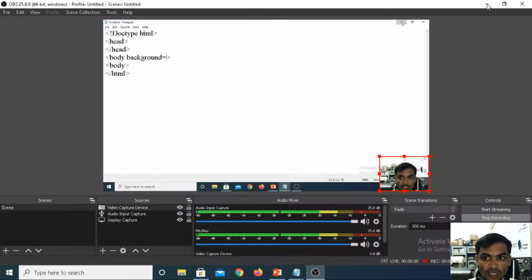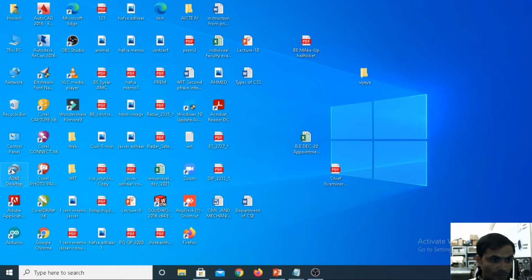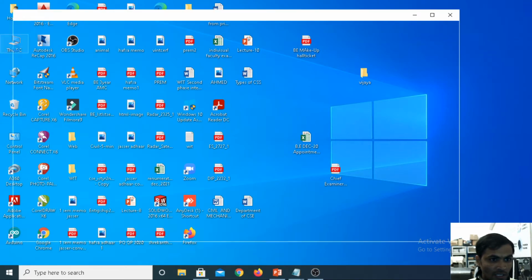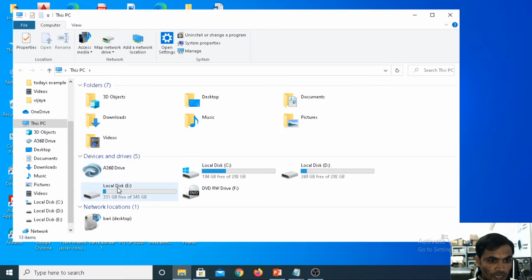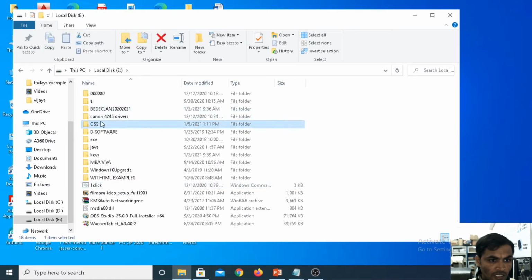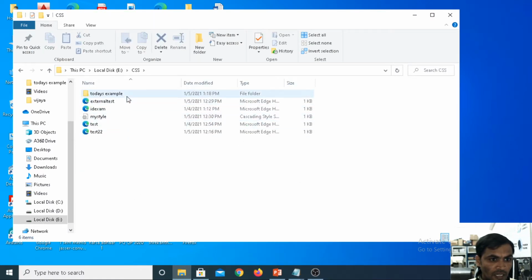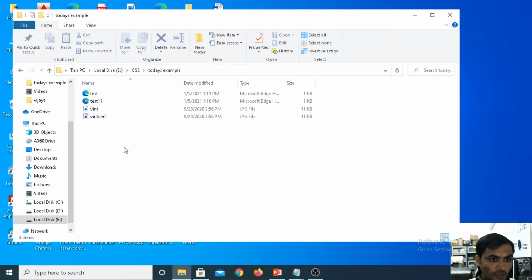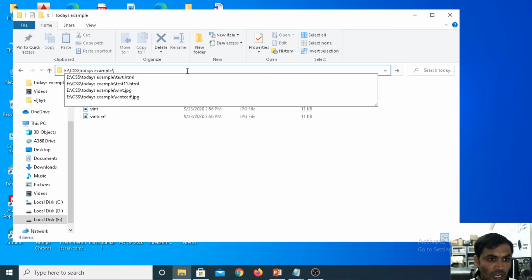Go to the E directory. Under the E directory, I created the folder CSS. Inside the CSS folder, I created today's example. Under today's example, a WinSurf image will be there. This image I want to display as the background for the page.